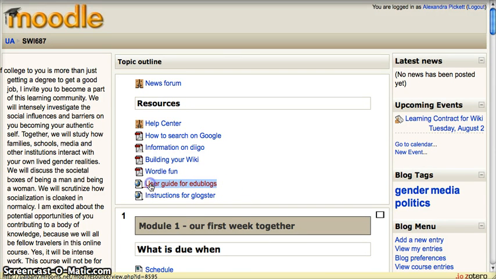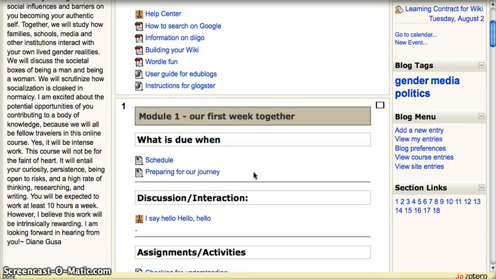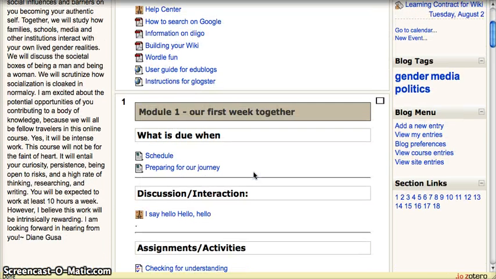Here's the user guide for EduBlogs, and I know you do mention blogs here, but there's no instructions for them getting their EduBlog, no links or no examples, no "now go to your EduBlog to do this assignment."